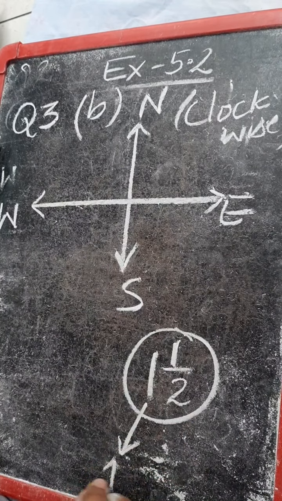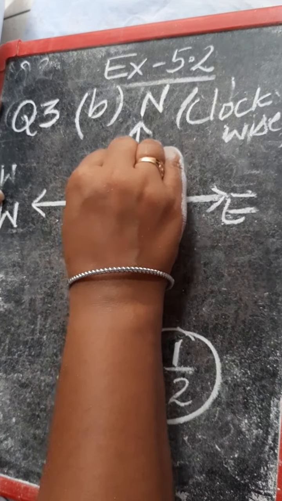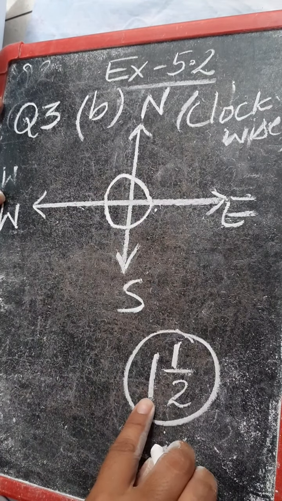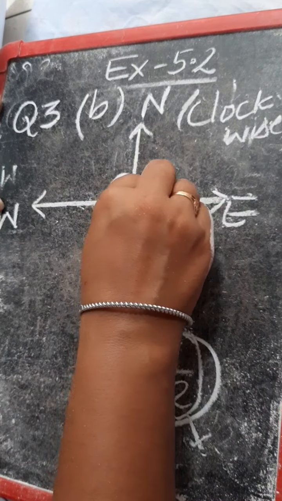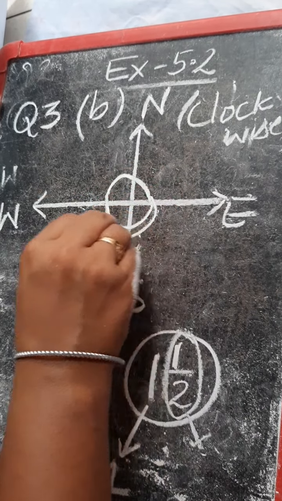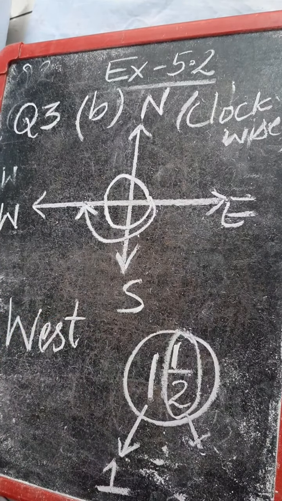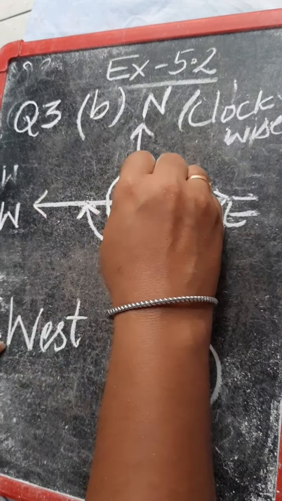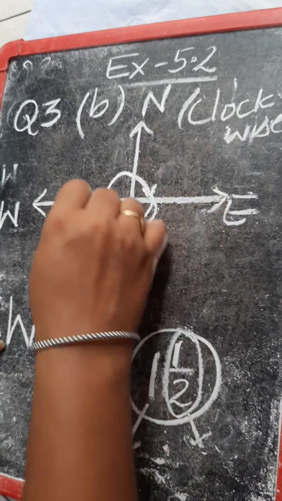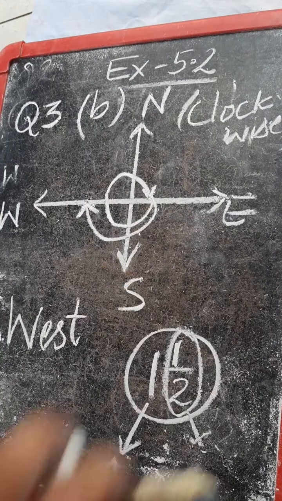So here I have 1 1/2. Firstly, I will make one revolution. Complete revolution means it starts from east, then it reaches at east. This is one full revolution. The next I have 1/2. As it reaches over here, half means 180 degrees, so it will reach again at west. So my answer is west. Which direction will I face? I will face the west direction. 1 means one complete revolution. I will stop over here, then half, then I will start from here and reach at west. So this is all about B part. Now next I have C part.